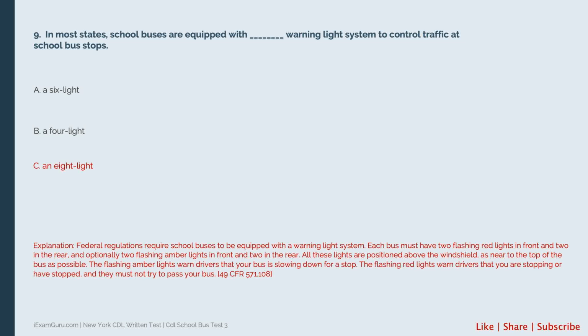Each bus must have 2 flashing red lights in front and 2 in the rear, and optionally 2 flashing amber lights in front and 2 in the rear. All these lights are positioned above the windshield, as near to the top of the bus as possible. The flashing amber lights warn drivers that your bus is slowing down for a stop. The flashing red lights warn drivers that you are stopping or have stopped, and they must not try to pass your bus. 49 CFR